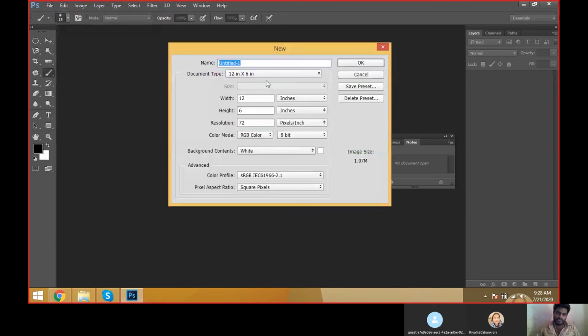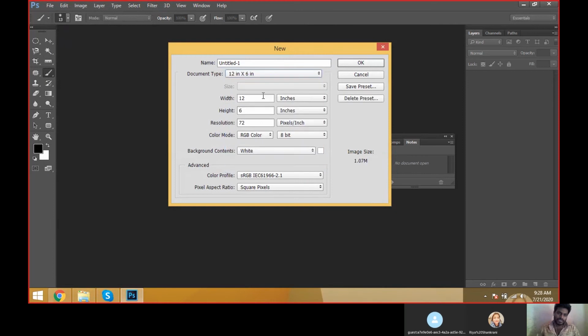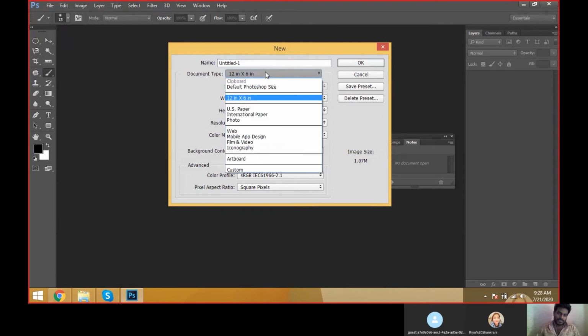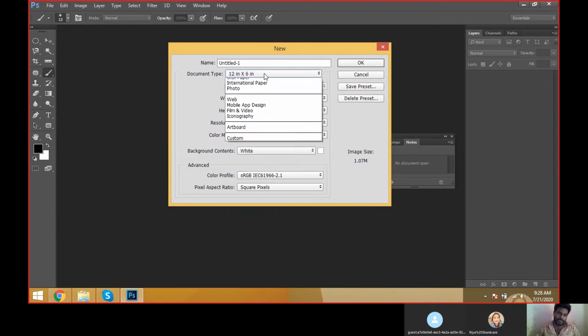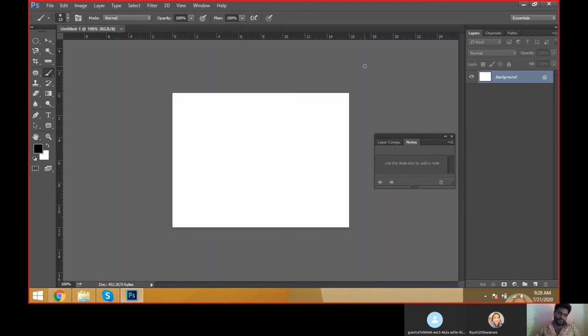This is the default size. You can keep the default size, or you can keep 12 by 6 inches, in pixels and inches, and keep the resolution at 72, and click OK.